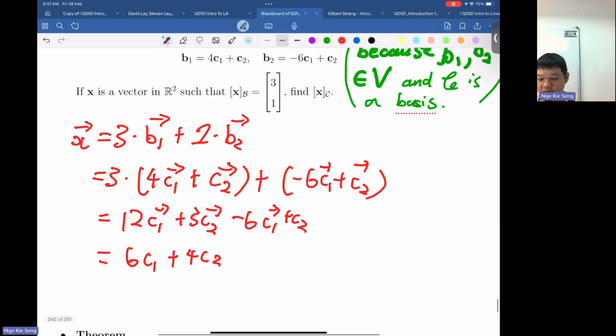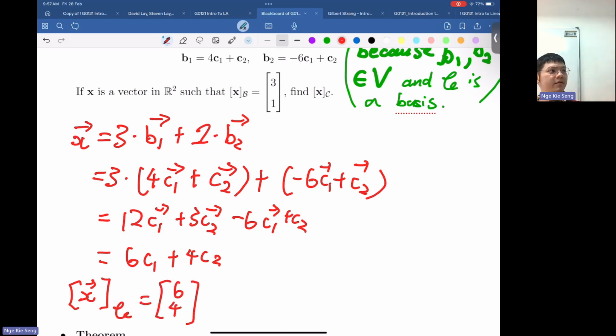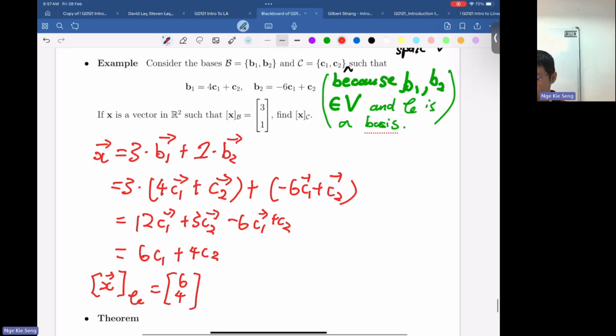So in other words, the coordinate vector of X in C is 6 and 4. Surprisingly, just now I asked you a question, right? How to go from 3, 1 to 6, 4